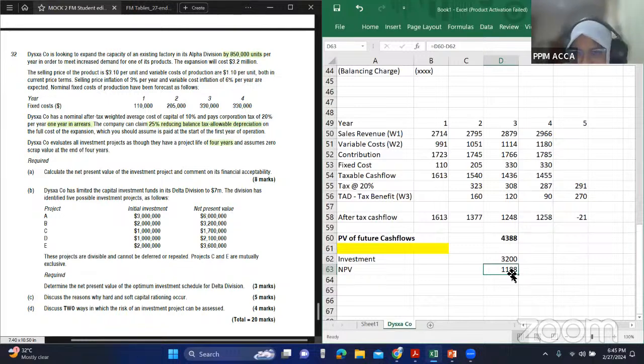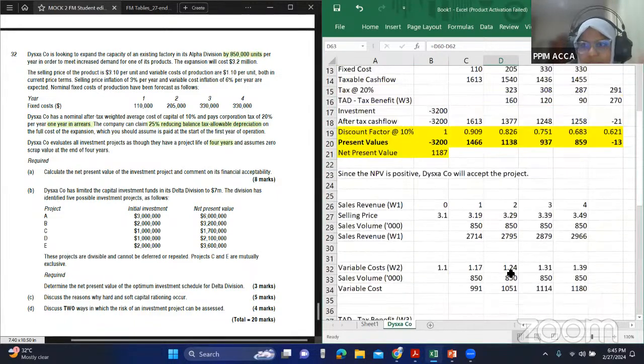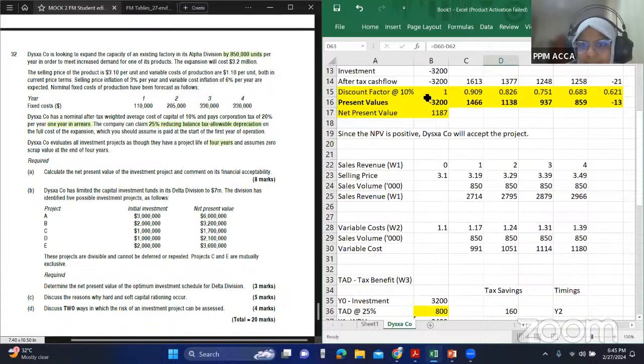So if you're comfortable with it, you can by all means go ahead and use it. But if you're not comfortable, then don't burden yourself, because getting the discount factors and the present values is not going to take so long. You just have to put in these factors and multiply. Multiplication also, if you do just the first one, you can drag this and you can get it for all the years. So I'm just giving you that in case you're comfortable, you can use it. All right. Fine.